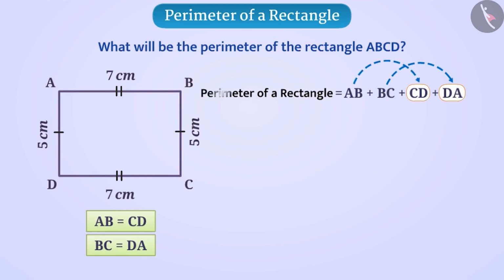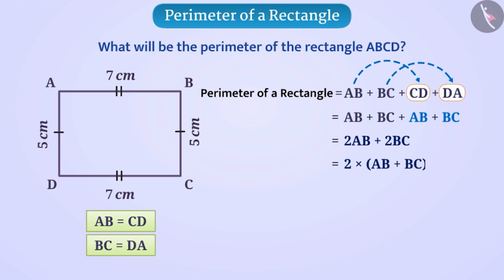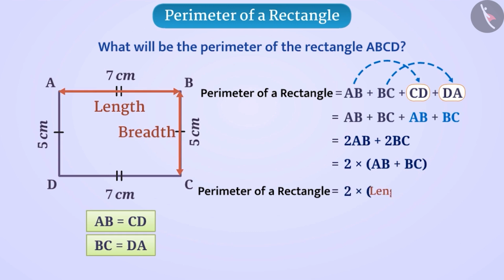In this way, the perimeter of the rectangle is equal to AB plus BC plus AB plus BC, which is equal to 2AB plus 2BC, which is equal to 2 into (AB plus BC). But here, in rectangle ABCD, the side AB represents the length of the rectangle and the side BC represents the breadth. So, in a comprehensive manner, we can say the perimeter of a rectangle is equal to 2 into (length